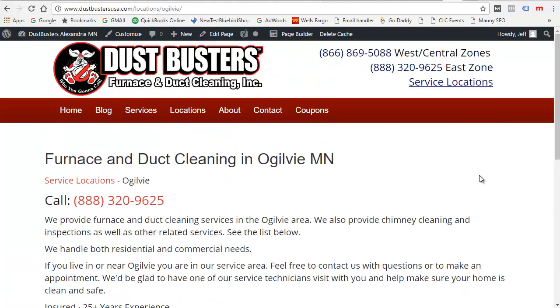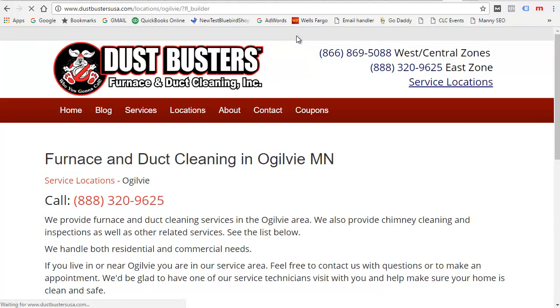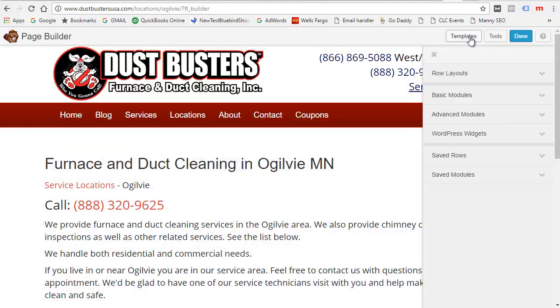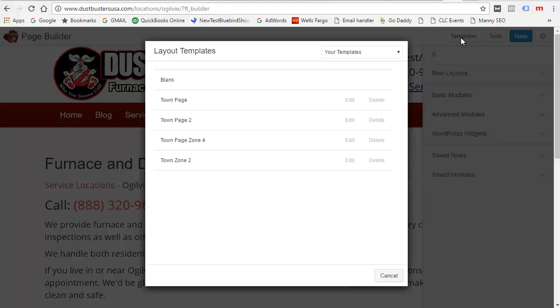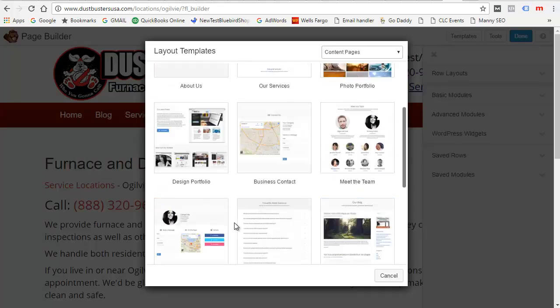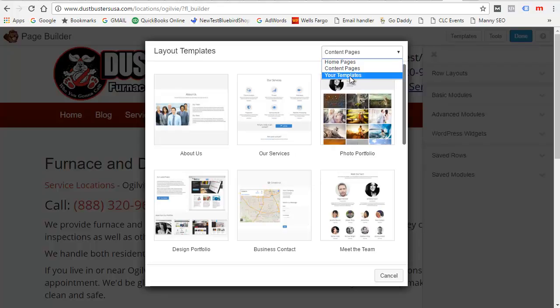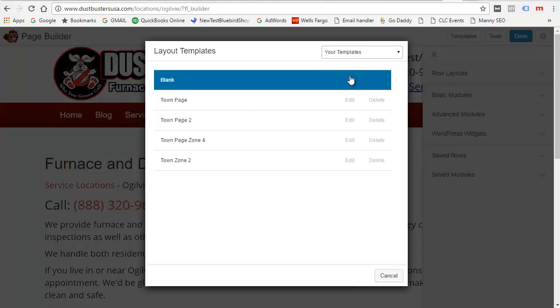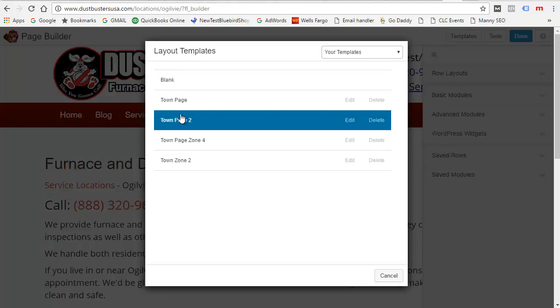All right, now let's just take a look one more time at the templates, because I went through that kind of fast. So I'm going to go to Page Builder, and if I click on templates, these are the ones we have. We can add more. There's also other ones that are built into this system, but the ones that we've got, so I've got a couple for